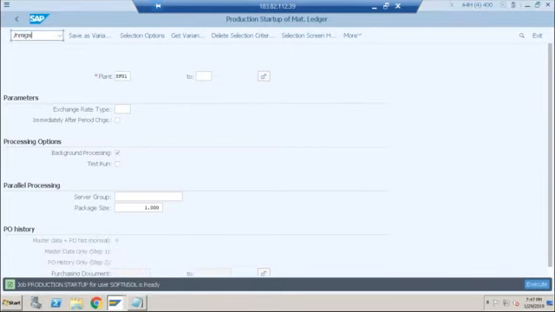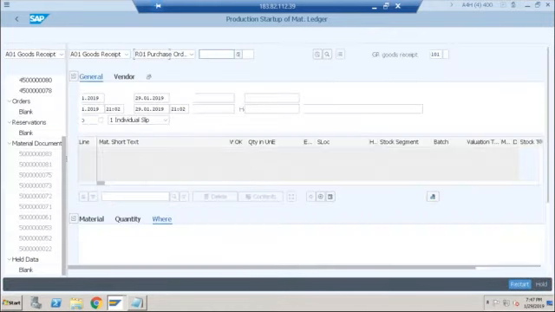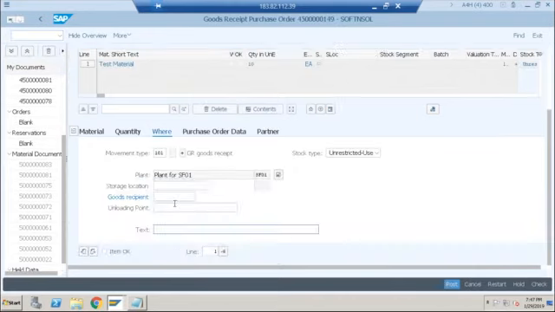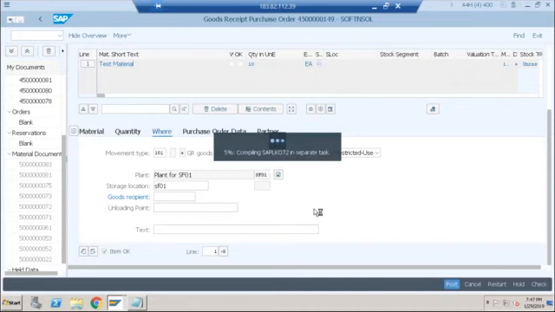Directly go to MIGO. And let's see now, after the activation of material ledger, are we good enough to go ahead? So storage location SF01, item OK, click on post. There can be other errors which we can ignore completely. Oh, there is no error, so good. The material document has been posted.